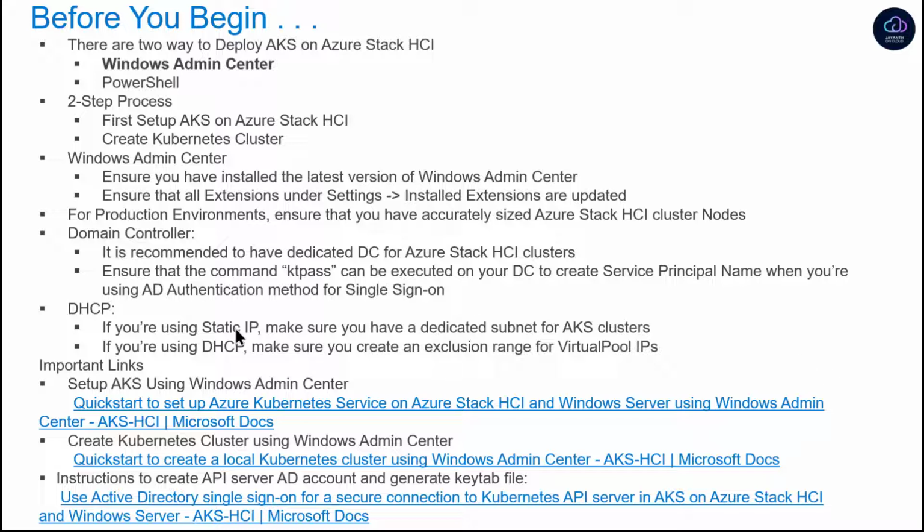From a DHCP server standpoint, if you're using a static IP, which is what is recommended by Microsoft documentation, make sure you have a dedicated subnet for AKS. So you dedicate a particular subnet for AKS clusters. If you're using DHCP, which is my case,